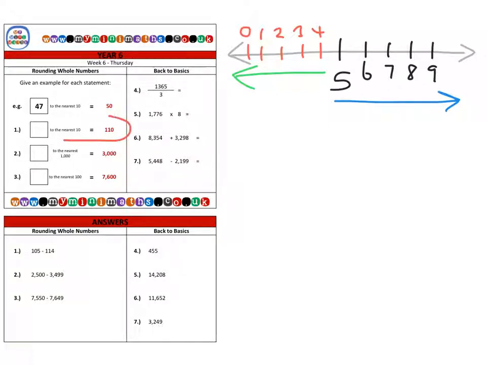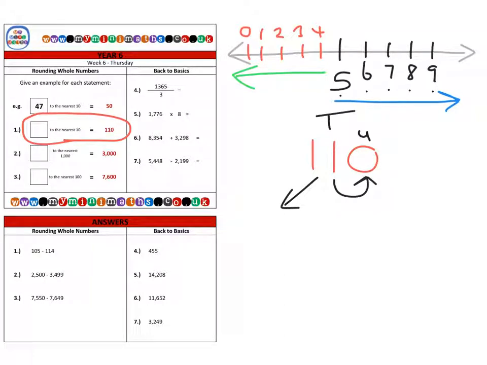And so on to question 1, where we're taking a number, we've rounded it to the nearest 10, and it gives us a final answer of 110. So therefore, if we rounded it to the nearest 10, we know we always look next door. So therefore, I must have rounded the number up from a 5, 6, 7, 8 or a 9 in the units column. So the smallest possible number we could have rounded was 105, because 106, 7, 8 and 9 would